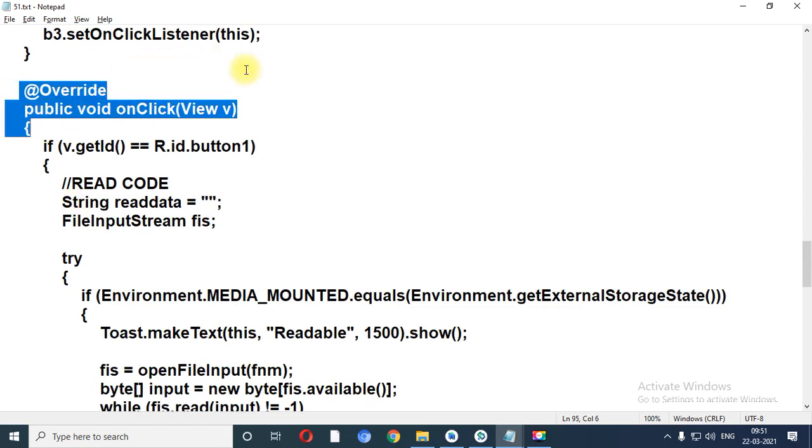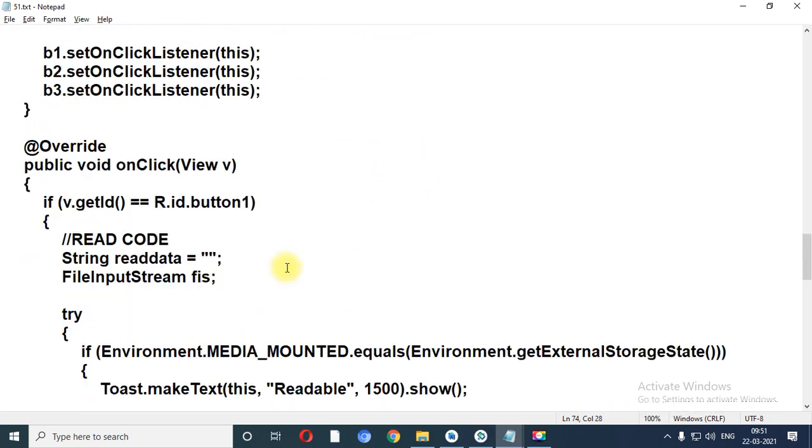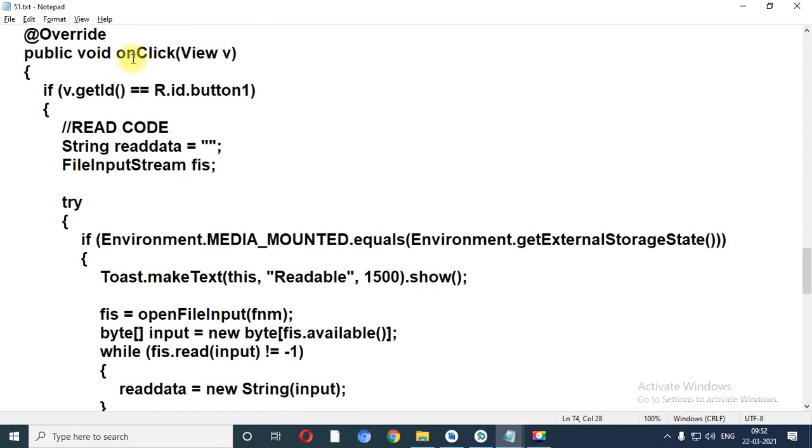Is that clear to everyone? Okay. Over here, String fnm is the name of my file. Over here, myfile3 is the name of my file. Now see, this is the code which is used for the external storage.